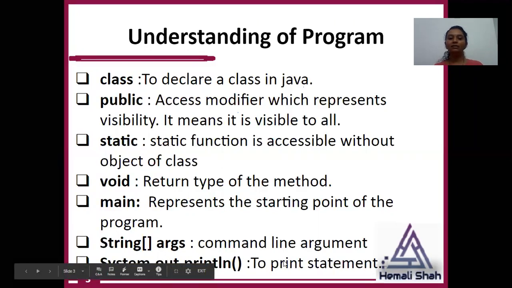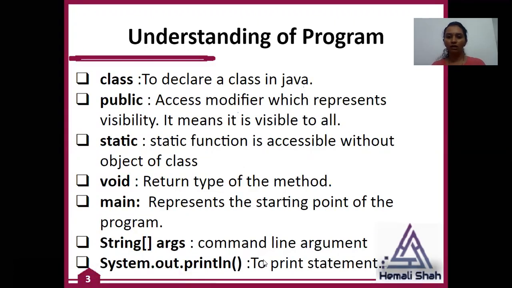System.out.println, why this syntax is available, I have already told you. This is the basic syntax to print a statement on a console. System is a class. out is a static object of the PrintStream class inside the System class. So it is accessible by using the class name System.out, and out is an object of the PrintStream class, and the PrintStream class has one function, println. This println prints the argument value on the console, right? So this is the basic understanding of the created program.